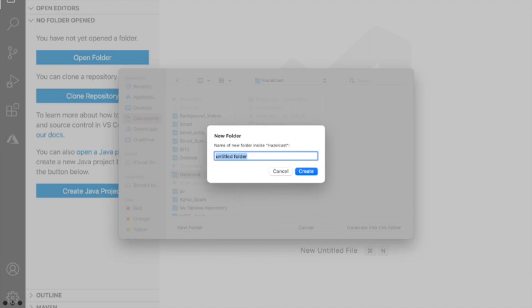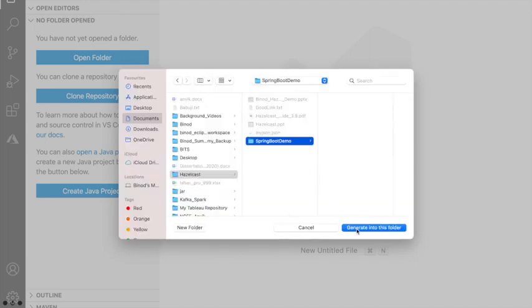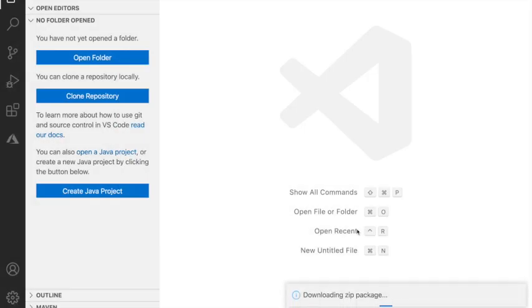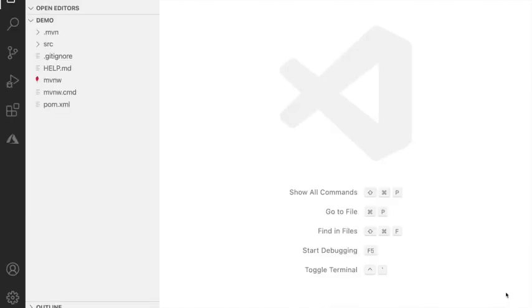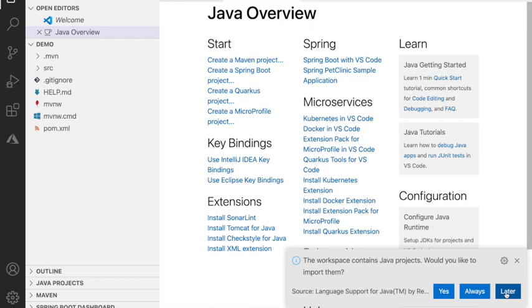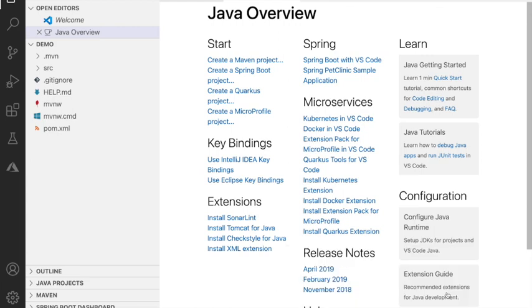So I will give the project folder name Spring Boot Demo, and create it and generate into this folder. Click here, open. Successfully generated in this location. It is asking the workspace contains a Java project, yes. Now you are good to go.